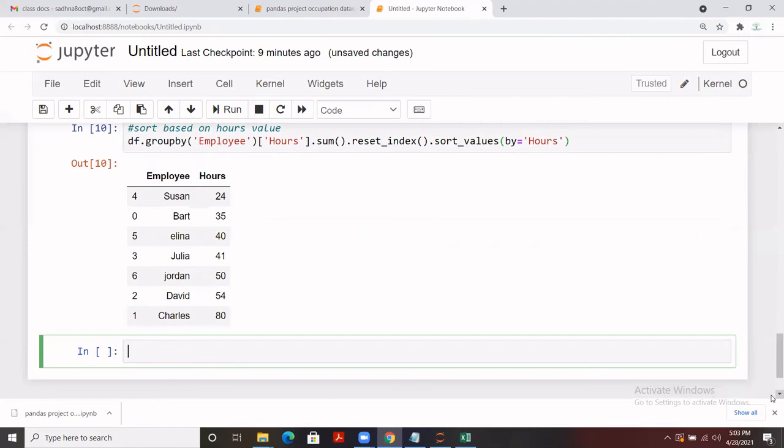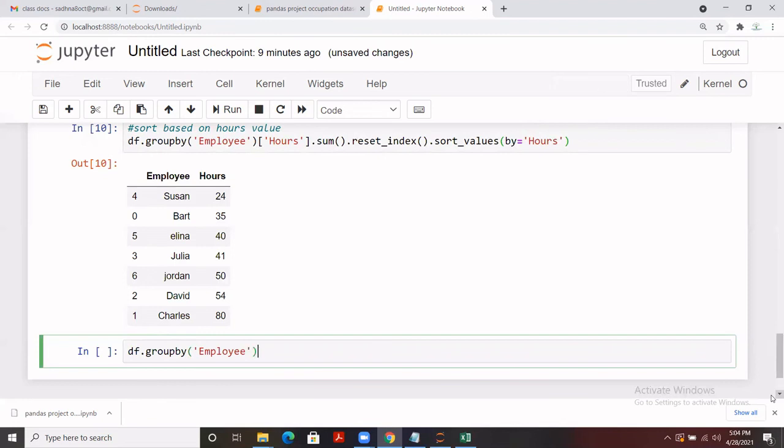So that was just some basic examples of group by. Let me take some more examples. For example, let's say you want to calculate the average for hours and product for each and every employee. So the first thing is to group the data based on the employee column, and here it is, right?